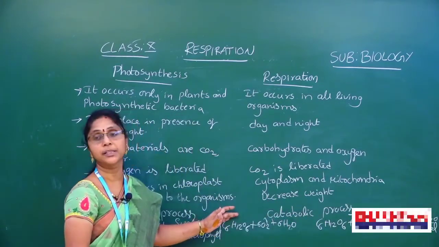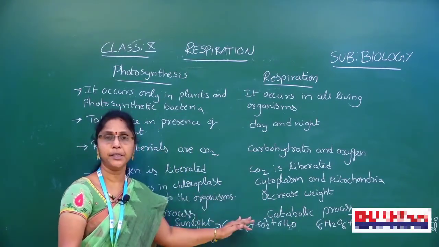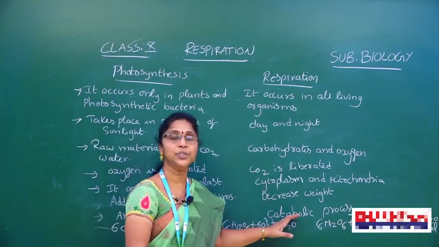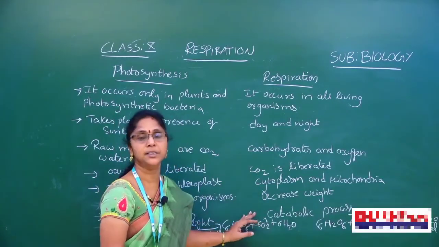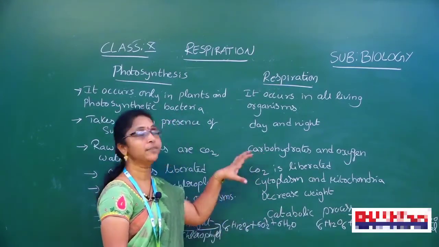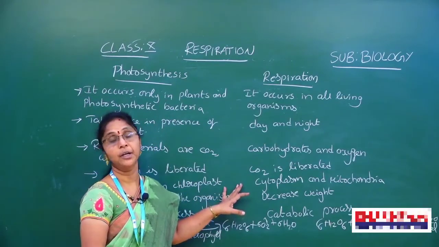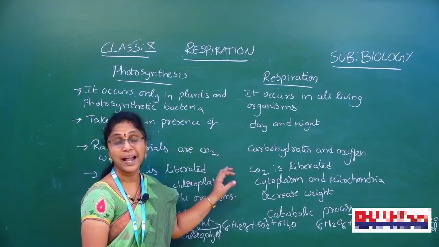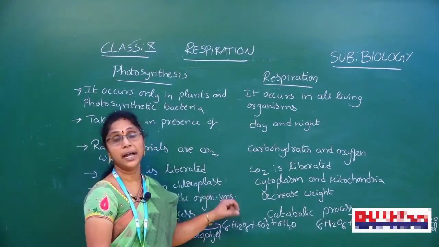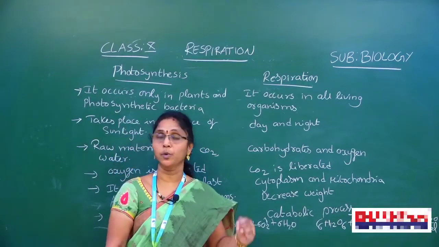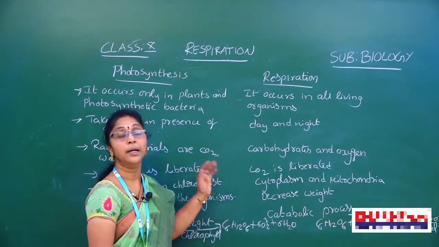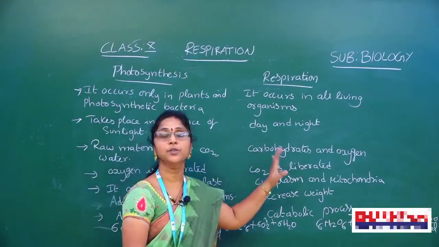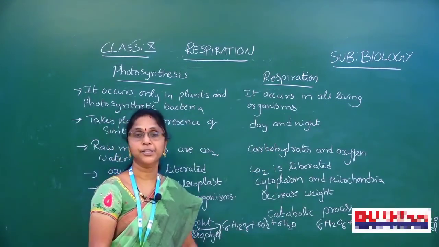These two processes, photosynthesis and respiration, are required for plants. Humidity, temperature and light intensity are all factors affecting plant respiration. During daytime, the rate of photosynthesis is more in plants compared to animals. At night time, the photosynthesis process is slow, and the respiration process is high in plants. So finally, the differences between photosynthesis and respiration.